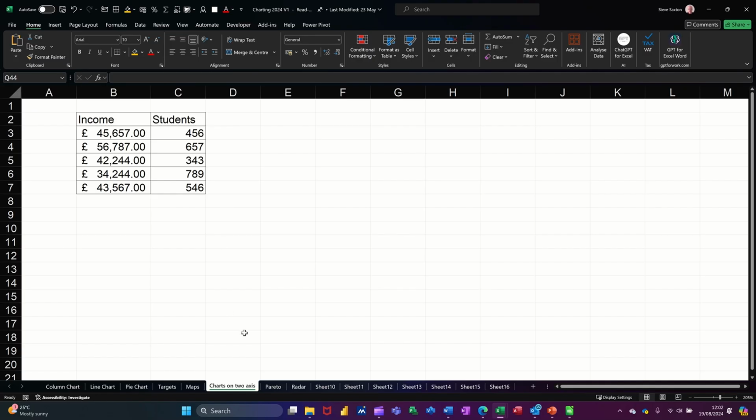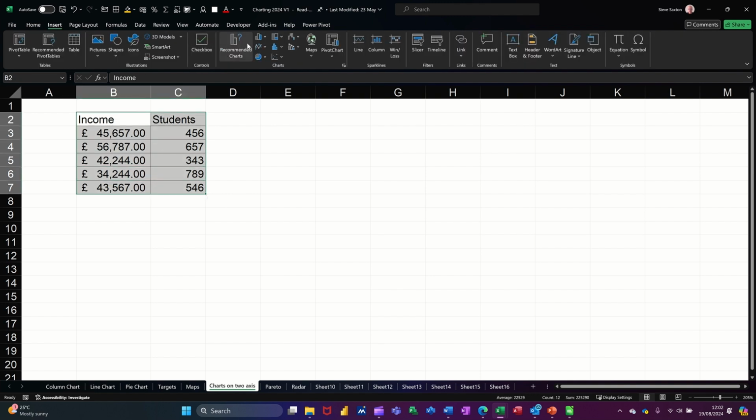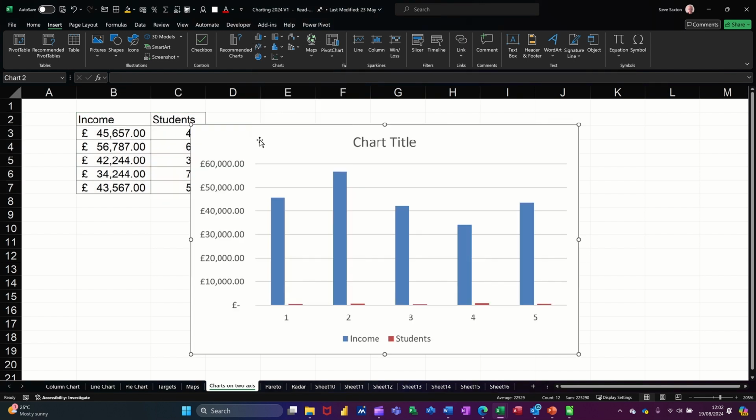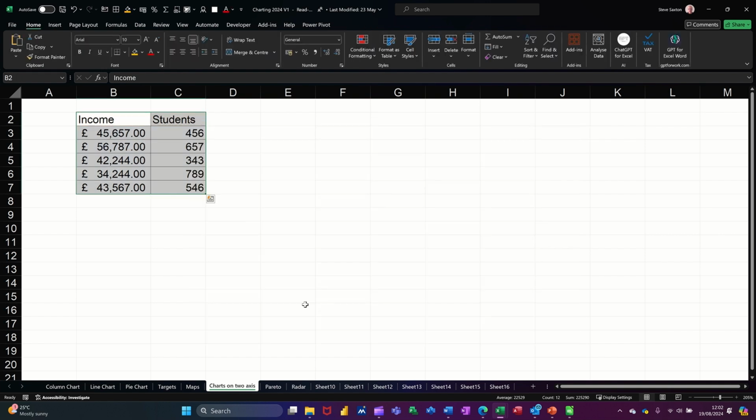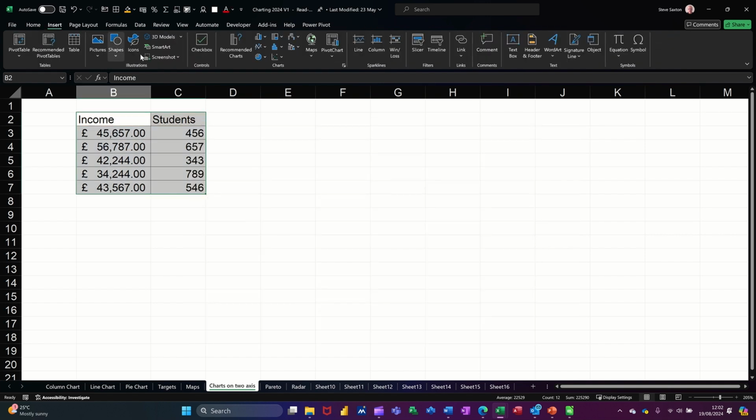The next one is charts on 2 axes, where you've got data that is completely different in terms of size, like this one. Income and students. No good doing this, highlighting that and doing insert column because you can hardly see the students. So if I just delete that off, what you need to do is go insert and select a combo chart